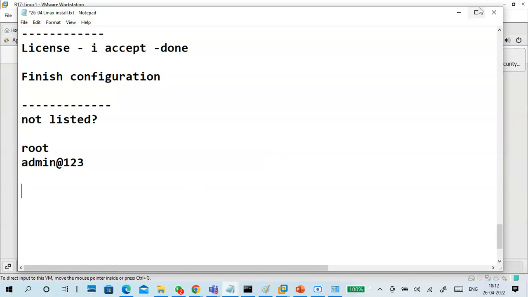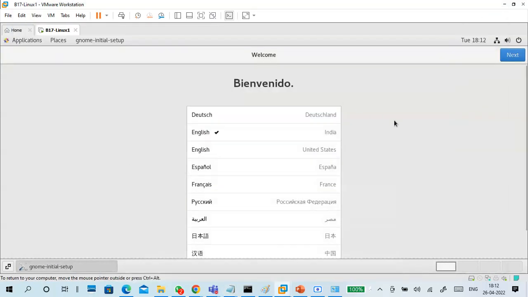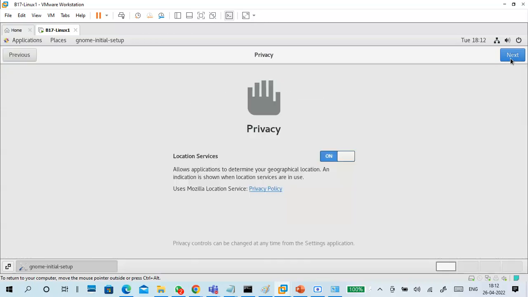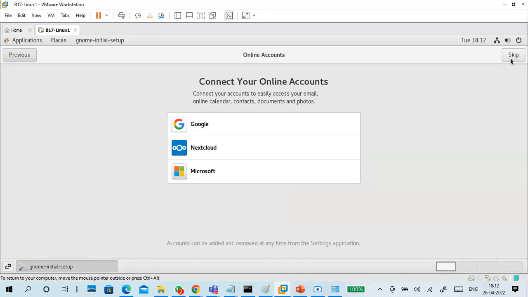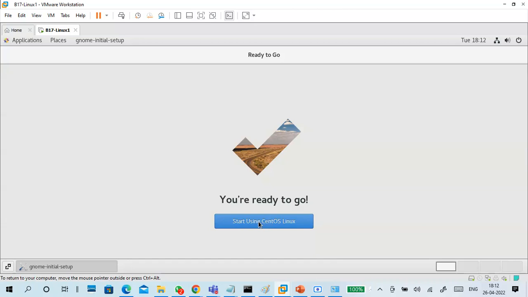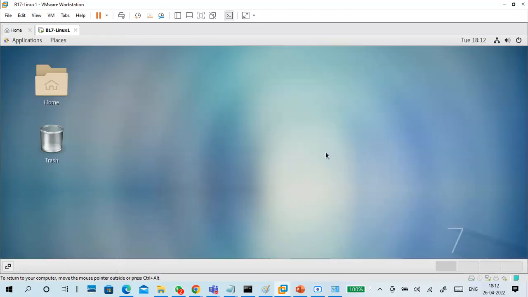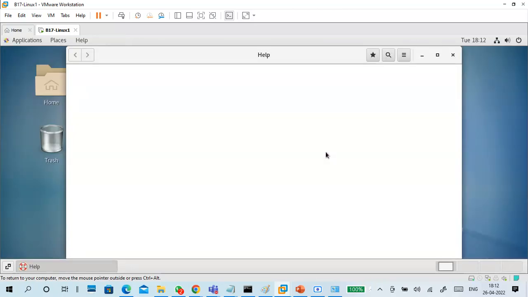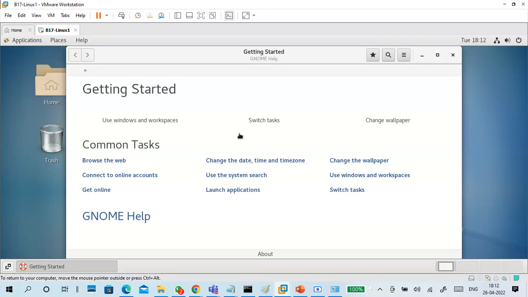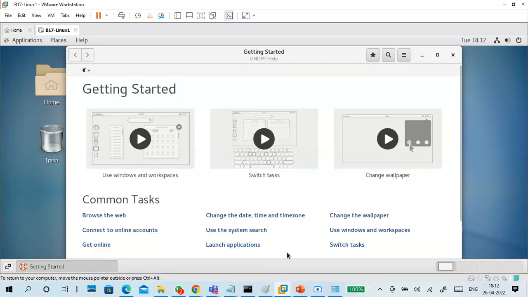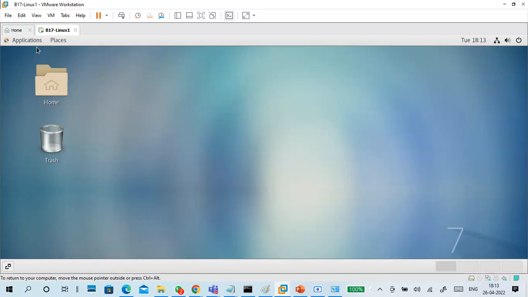It's a GUI screen, one single GUI screen like this, nothing else. Next, next, next, skip, start using Linux. That's it. For every user it will show like that, and it is a help. If you want to know how to work with this, you can select it, otherwise close it.